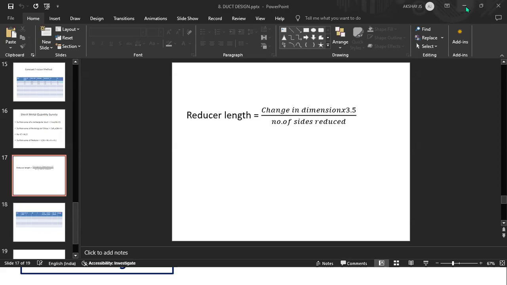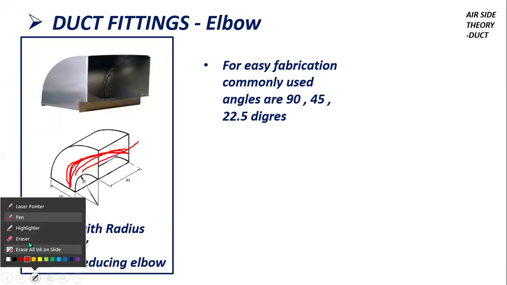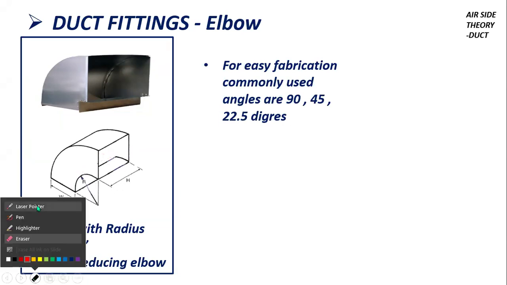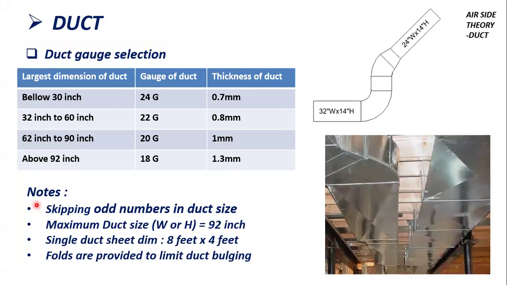Before going into that, we need to understand the basic concepts, such as the strength of a duct. What is it? The strength of a duct. So how do we analyze the strength of a duct? For example, here you can see this is the point we need to study, which is duct gauge selection. The first column implies the largest dimension of the duct. If it is below 30 inches, then the gauge of duct that you need to use is a 24 gauge